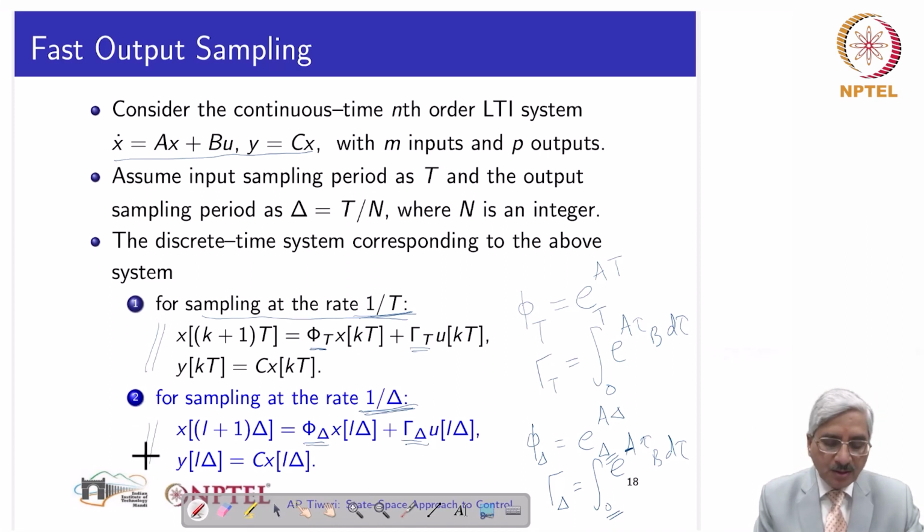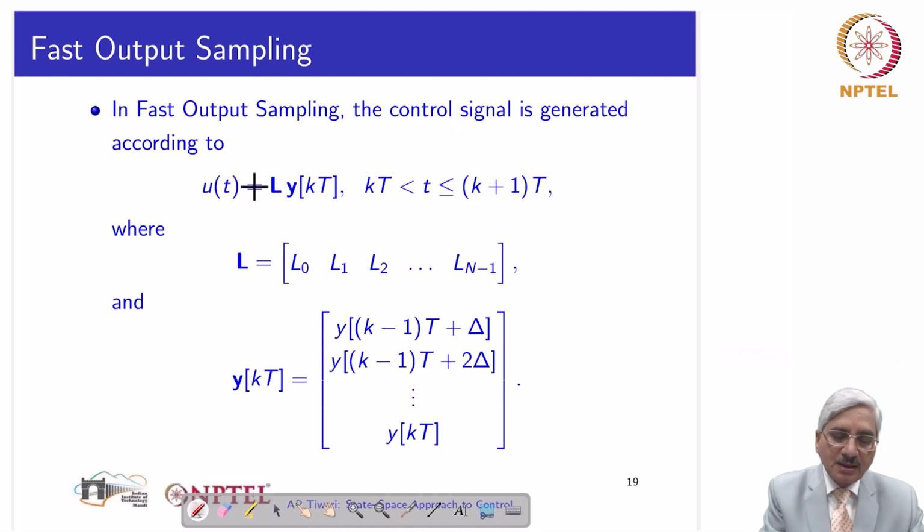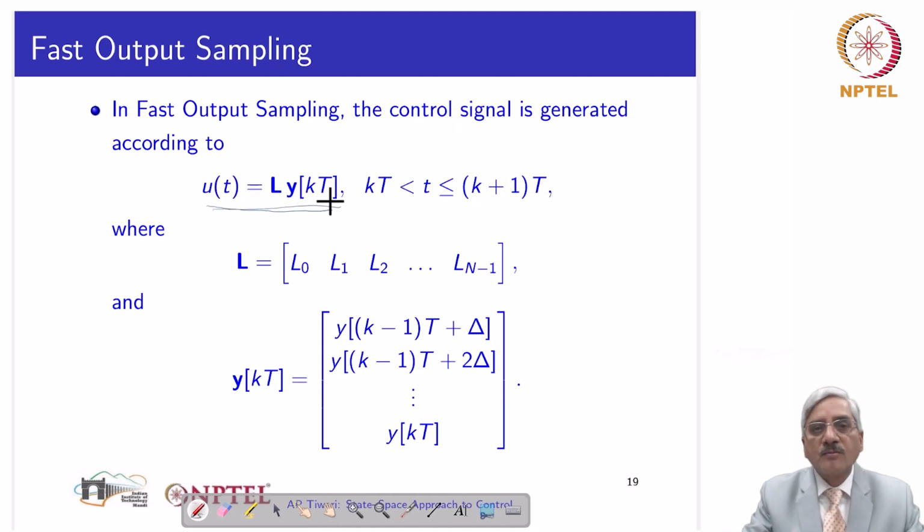This is our starting point from which we will derive basically the equations for the fast output sampling controller. Now in this case, the control signal is generated according to this control law. Ut is a boldface L, which is the set of L0, L1, L2, etc., Ln minus 1, N gains, N gain matrices in case of multi-input, multi-output systems,